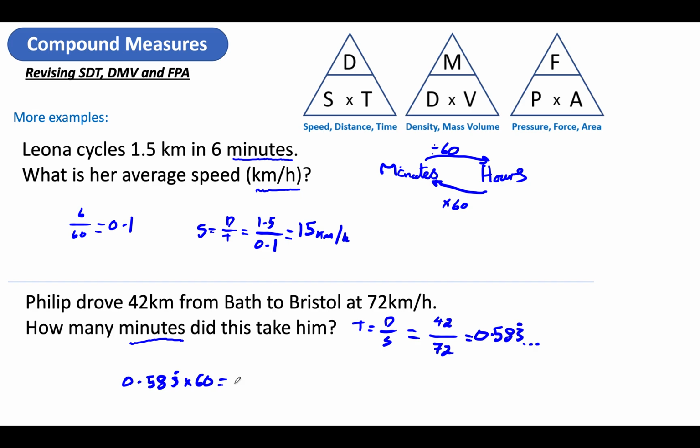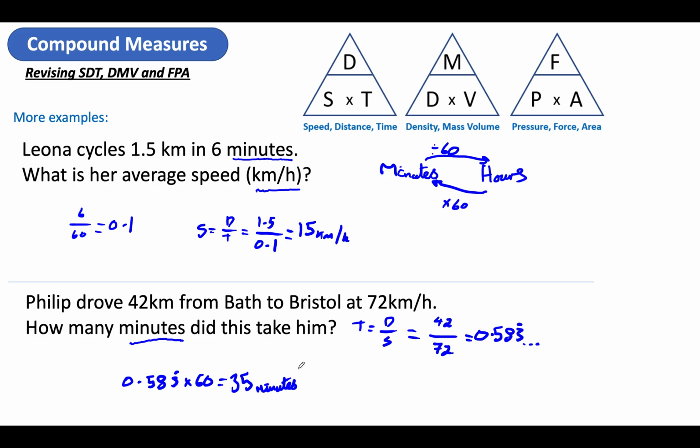Use the answer button, press ANS, that's what it stands for, answer, and it uses the previous answer, times it by 60, and you find that actually, magically, all those horrible decimals have gone, and in this case I've got a nice whole number as an answer. Now, if I had just done 0.583 and times that by 60, I wouldn't have got the right answer. Anyway, it is 35